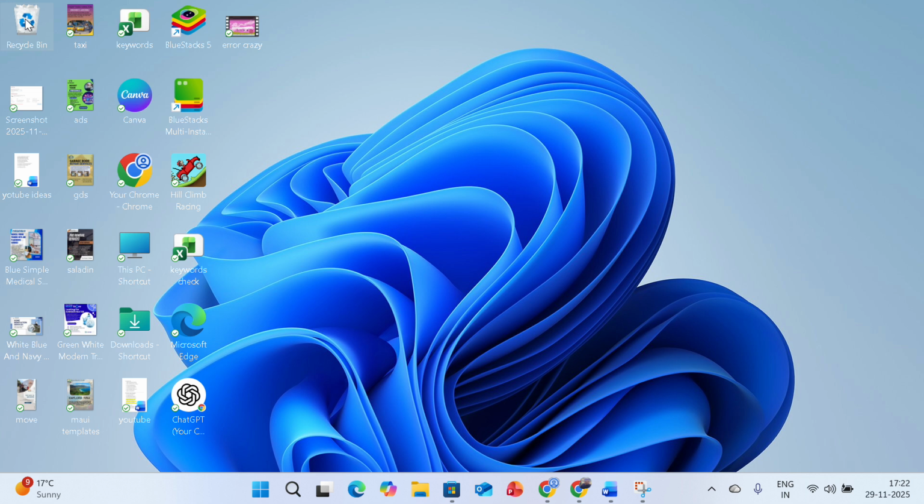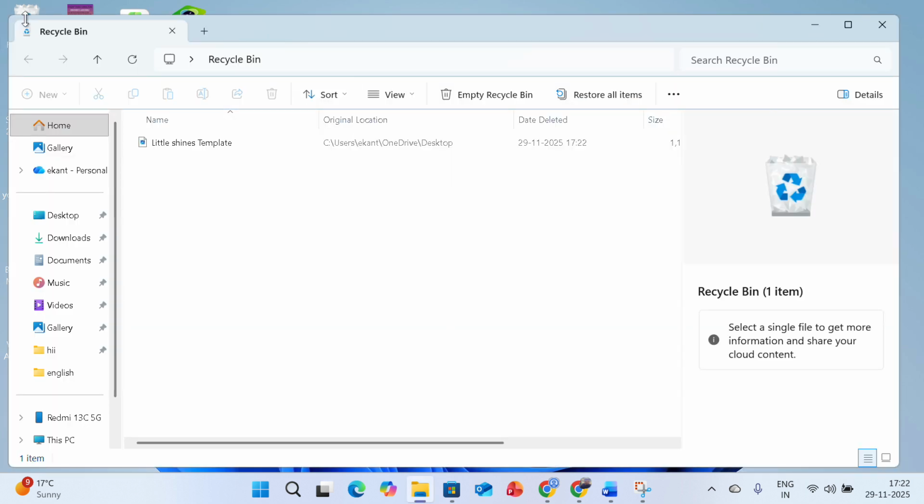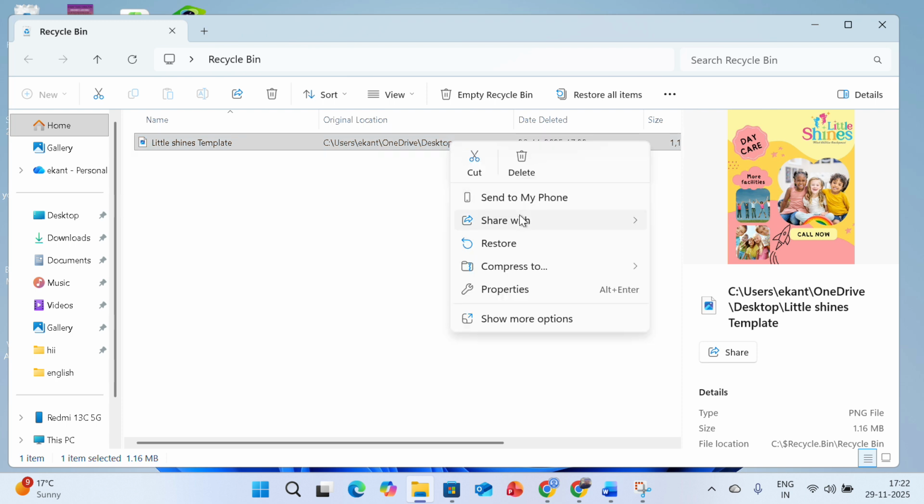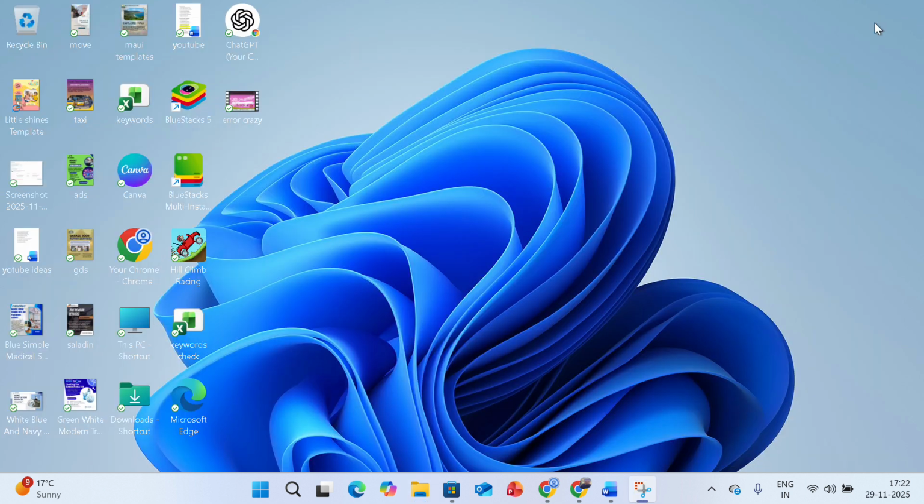Double click on the Recycle Bin. It's the easiest method. You will see this image that I deleted. Right click on that. Click on Restore. It will be placed back in its original location. So the next is